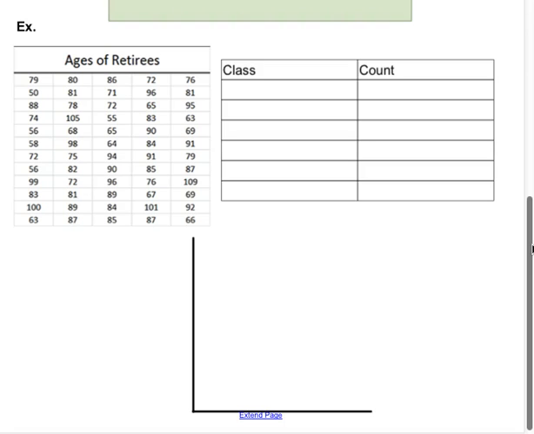Okay, so what I'm going to do is I'm going to make my classes. Now again, you usually want only between like 5 and 6 classes. If you get more than that, or if you have any less than that, you can't see the shape. More than that, sometimes you are getting yourself too spread out. So I'm going to start